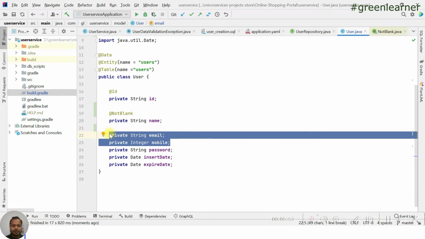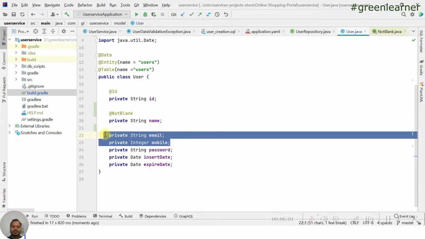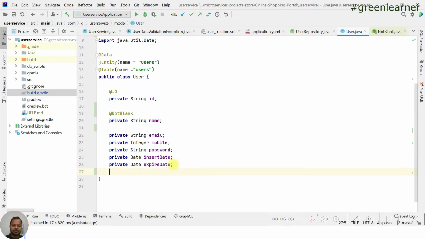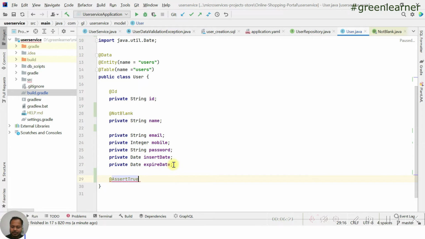So there is some custom annotation that we have to use with this one. What is that custom one? Because we need to combine these two fields, there is one handy annotation for this. There are some custom validations that we can use, but there is an easy way also. That annotation is @AssertTrue, again coming from this constraint library. There are two annotations, AssertFalse and AssertTrue, and we need to use them accordingly.